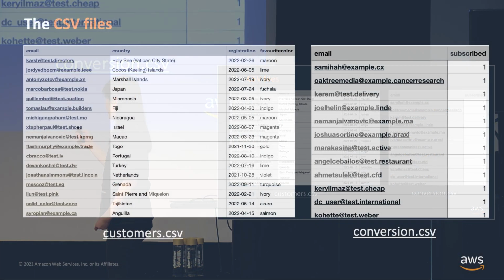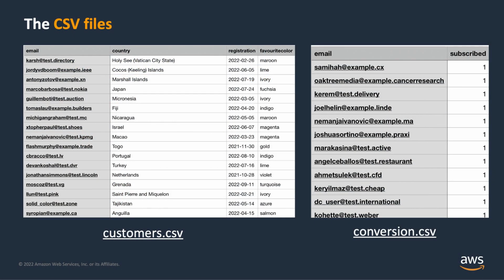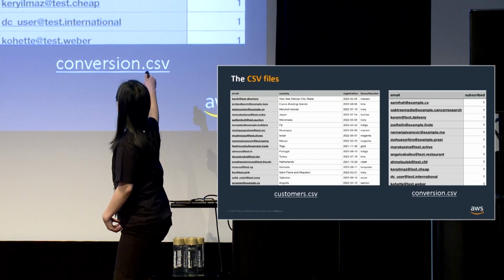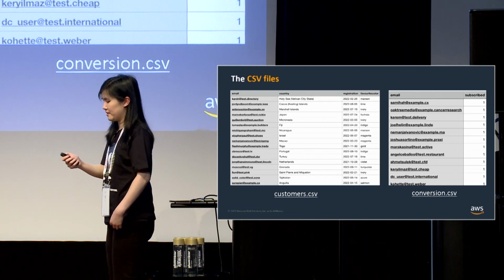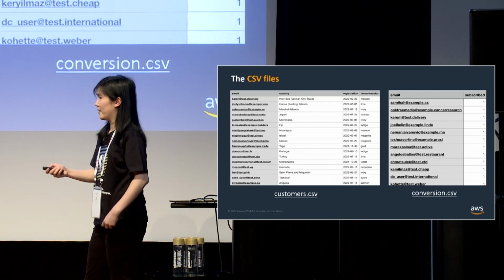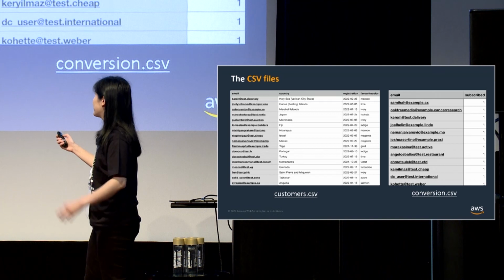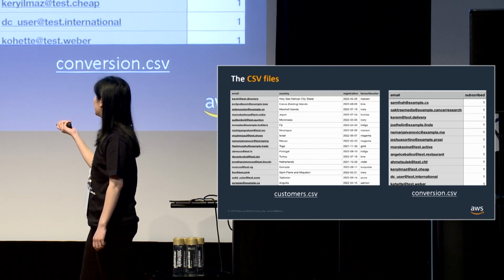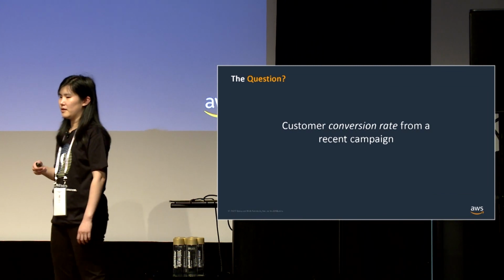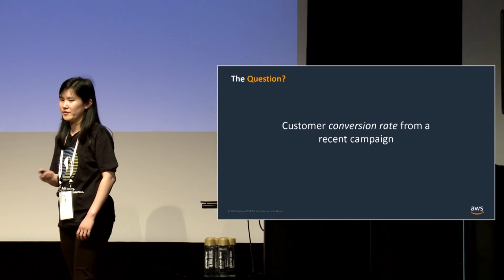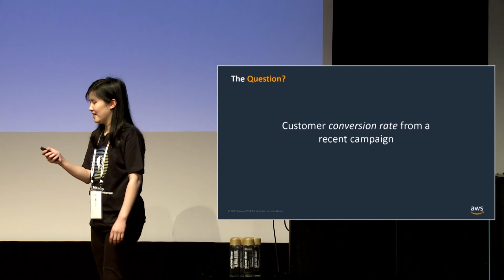So on to Ada. I'm going to put together a scenario where you've been handed 2 files as a data engineer. Say marketing has run a campaign. They've picked up some new customers. They've also got some conversion rate numbers, right? So 2 CSV files, and they've gone, give us a report, right? So let's walk through this scenario and how it will look in Ada. The ask from marketing: customer conversion rate from a recent campaign. That's a very common question.